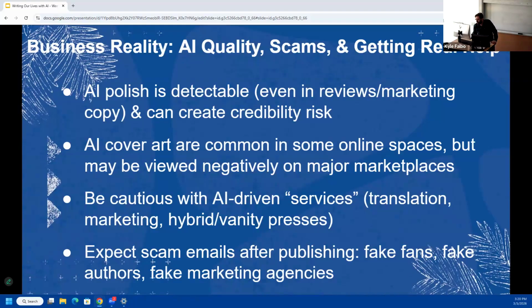Okay. So I have a couple things that are off slide that I want to go through. And the first one is just talking a little bit about copyright. Let me find that.